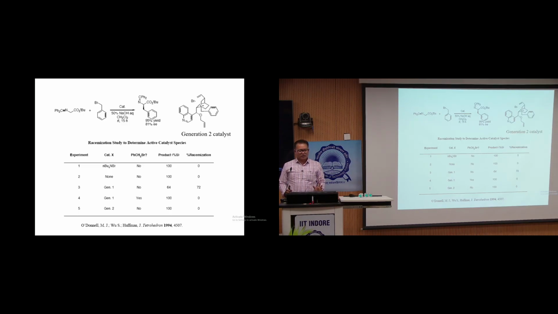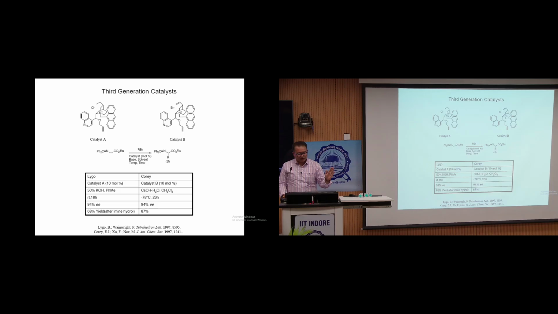We only knew that we are using generation 1 catalyst, we are getting this yield, we are using generation 2 catalyst, we are getting this yield, this is the enantiomer selectivity. Now, the third generation, please see, Corey comes up. I told you about Corey, he's one of the big shots, Nobel Prize winner, fantastic contributions in organic synthesis. So far, Corey was not into organocatalysis, but when he found that some other groups like Lygo are very prominent in organocatalysis, he comes in with his first publication in 1997 in JACS,